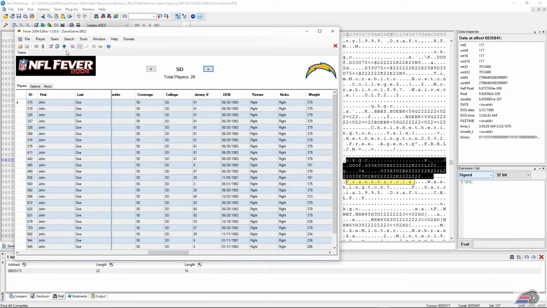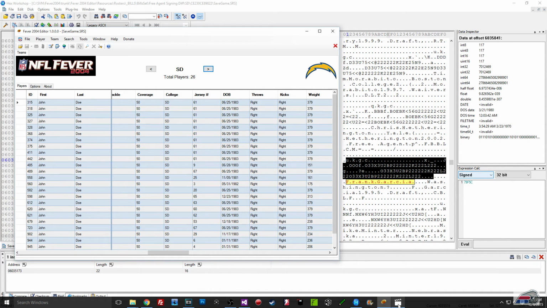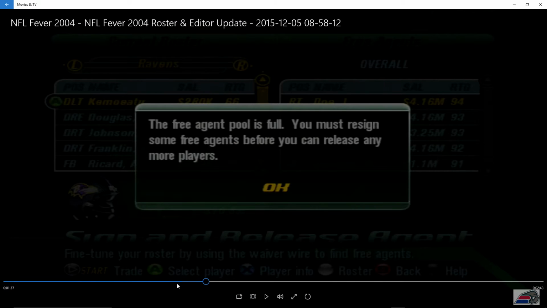What I've been doing in the editor is I've been importing teams based on the Madden roster files and the ratings from 2K4. I'm sorry, the roster from 2K4, but the ratings from Madden tweaked. So I've been doing it as just a full automated download import process because I just don't have time to code, research, and build a roster. So now with the remaining teams, all it would take is somebody to come in here and change these players in the hex editor, because in the game, as you can see,